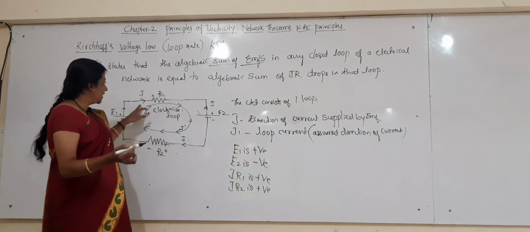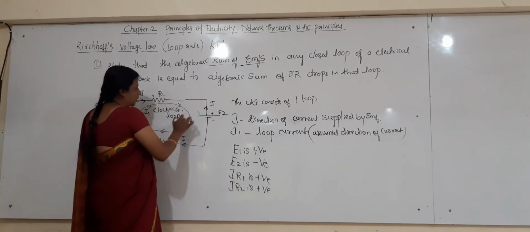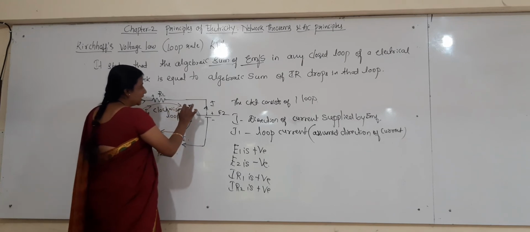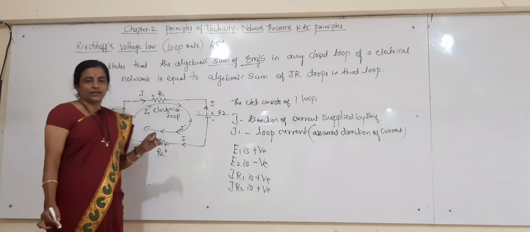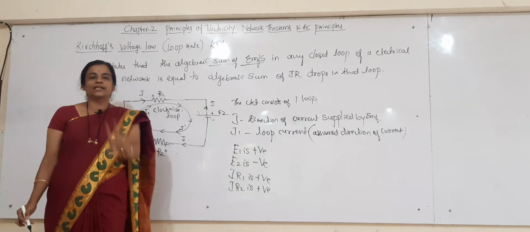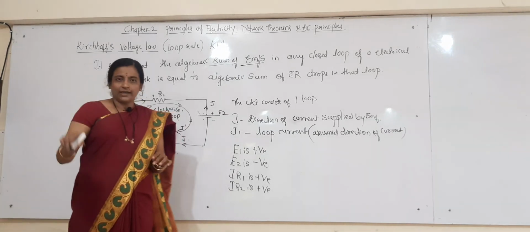One more is here. While moving in a closed path or while moving in a loop, if the positive terminal arrives first and then the negative of a voltage source arrives, then that voltage source must be taken as negative. So, this is a simple method. While moving in a loop,